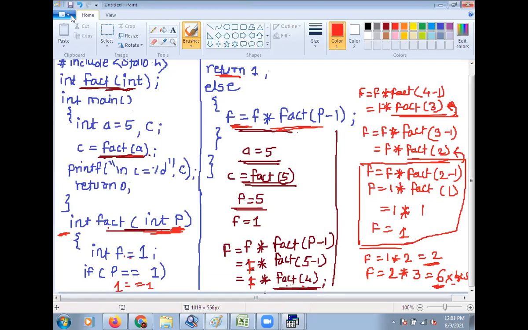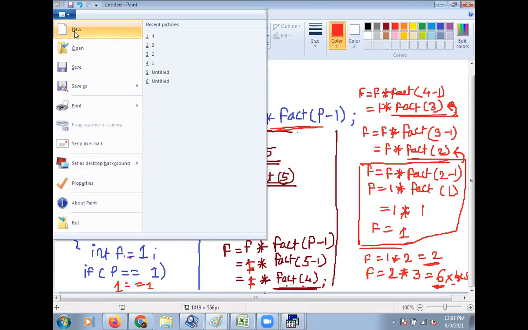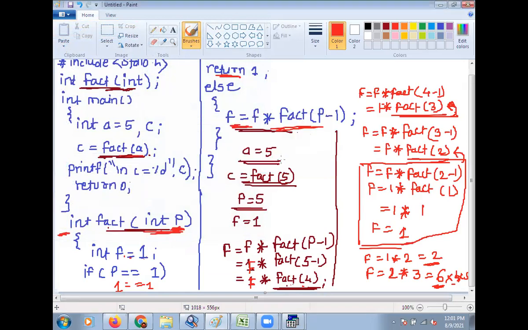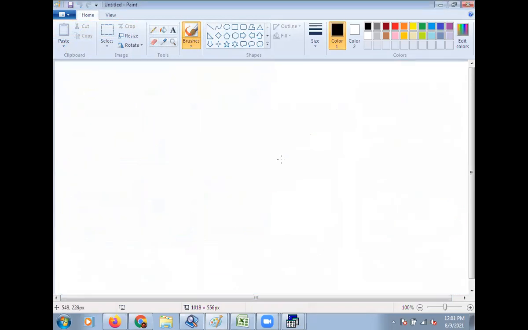Okay, we'll see here once again. See here, we have declared a function, integer fact, int. Then in the main function, we have declared integer c, and we want to find the value of factorial of 5.